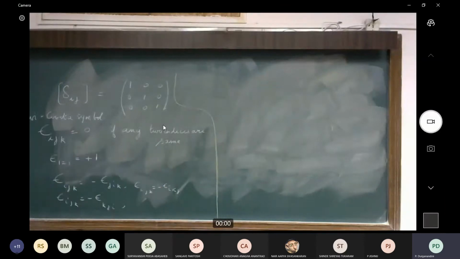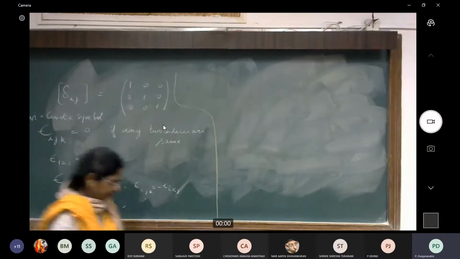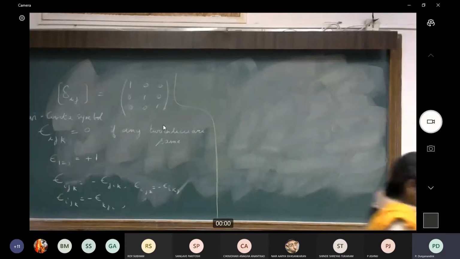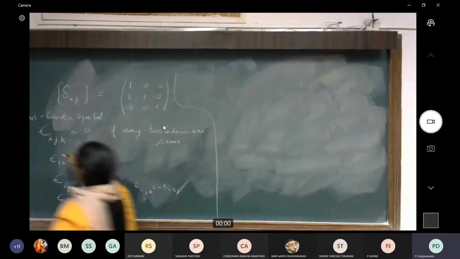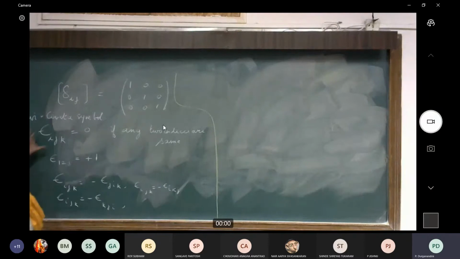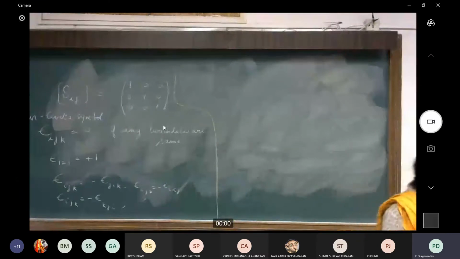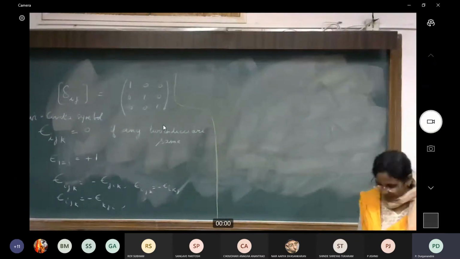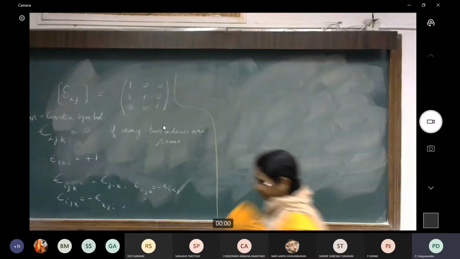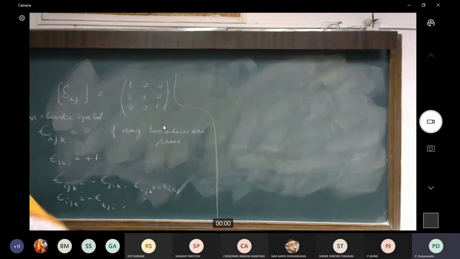All right. So what I want to now show you is that this object, the way we defined it, I've written down the precise definition last time, so I'm not writing it again. This object has 3 indices or 3 subscripts. Therefore there are 27 components, but of which we saw last time there are only 6 which are non-zero, all the rest are 0. And what I want to show you is that this 27 component object really transforms like a tensor of rank 3. And to that end, that's where I stopped last time.